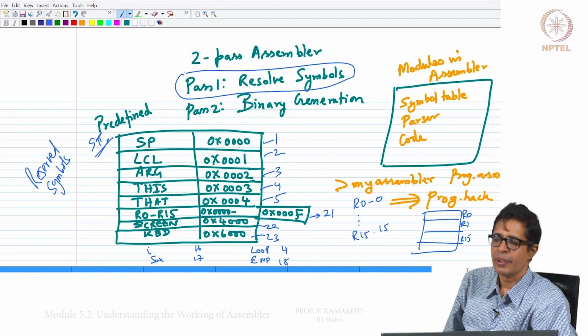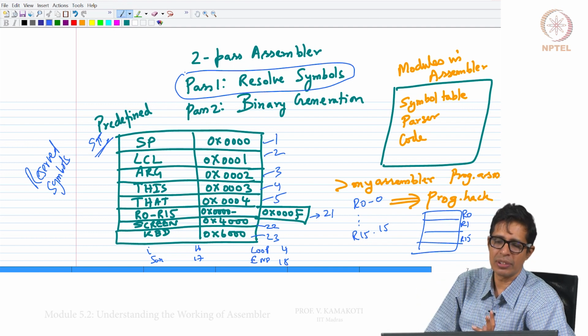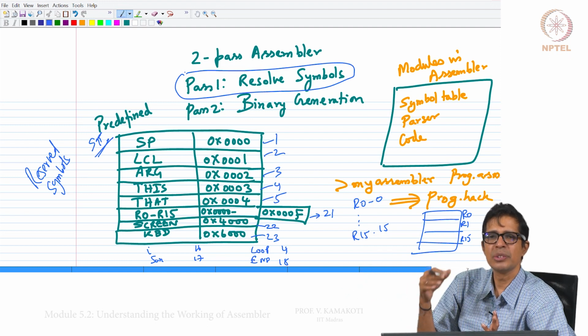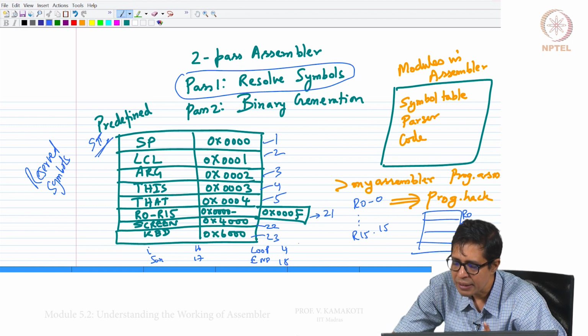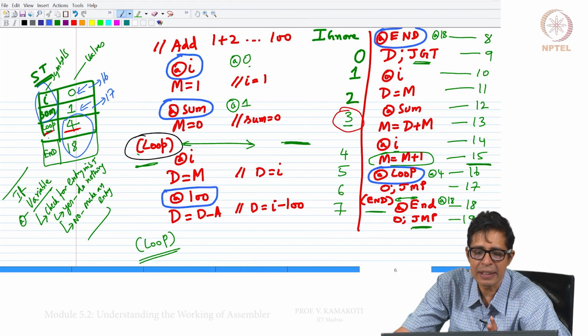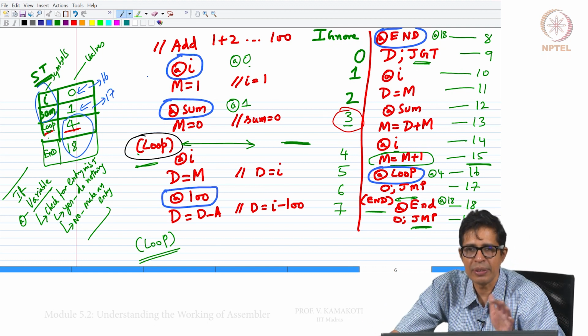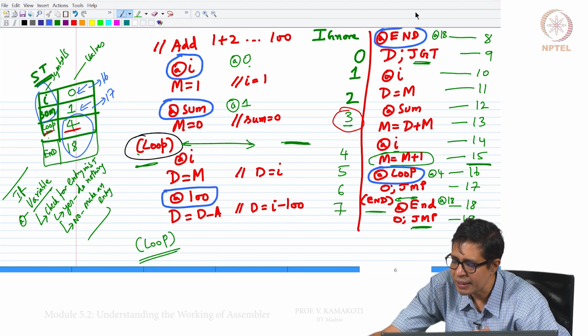Now, in pass 2, every symbol is resolved. So, we just have to convert each instruction into its corresponding binary. 20 binary instructions will be created by the assembler as we go through this. So, predominantly